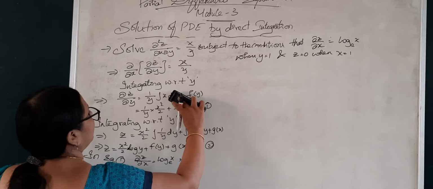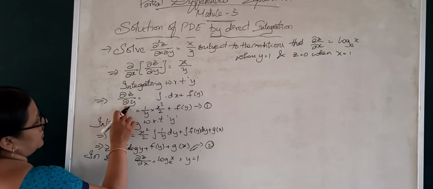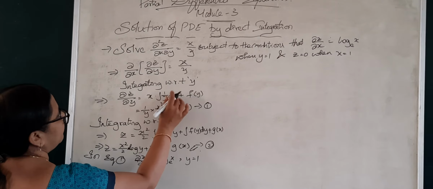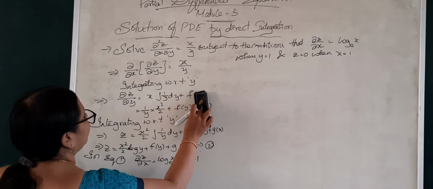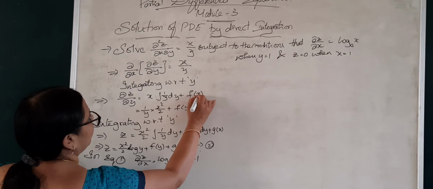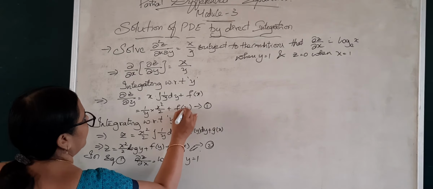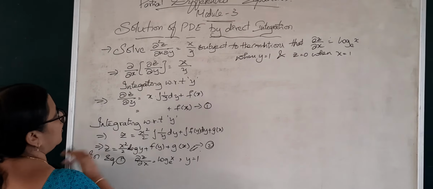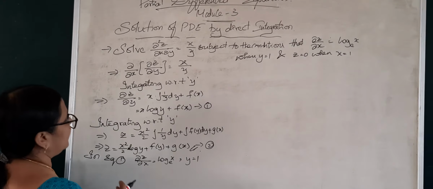So that means what else will change here? Look here. So with respect to y, treating x as constant, x comes outside, integral 1 by y dy. And the constant of integration will be in terms of x. Okay, so this is in terms of x. Now how much is the integral of 1 by y? Integral 1 by y is log y. So x log y. This will be the first condition.